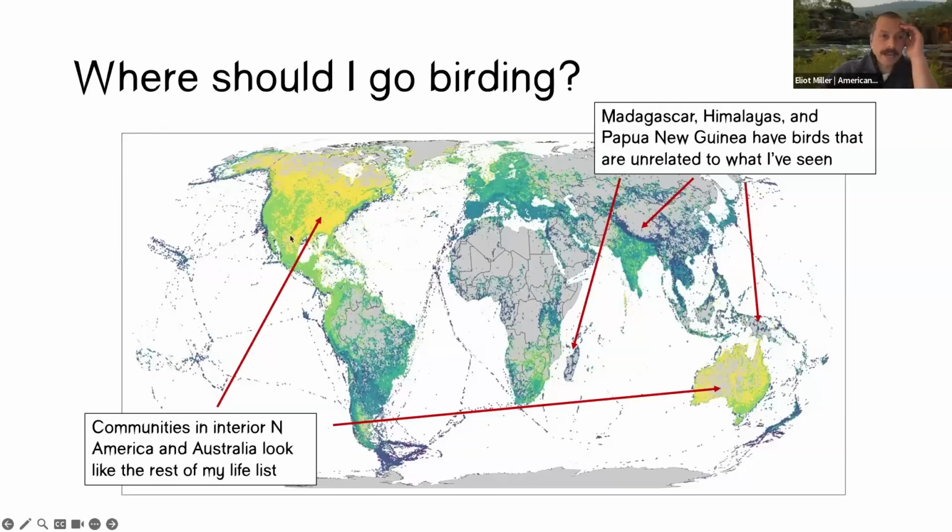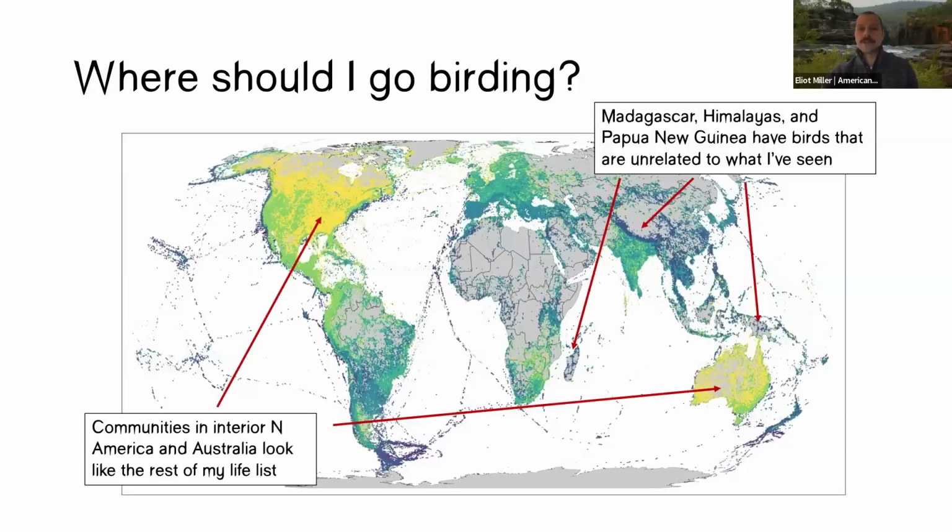So coastal and pelagic sites really pop here. I'm not much of an ocean dude. If I go bird watching near the ocean, I'm going to see stuff that doesn't look like the majority of my life list. But some other cool stuff pops out here as well. So check out Madagascar, the South Pacific. If I go bird watching in one of these places, I might be seeing slightly fewer species than, say, if I went to the Amazon or the Andes. But most of what I'm seeing is going to be very different than what I've seen before.